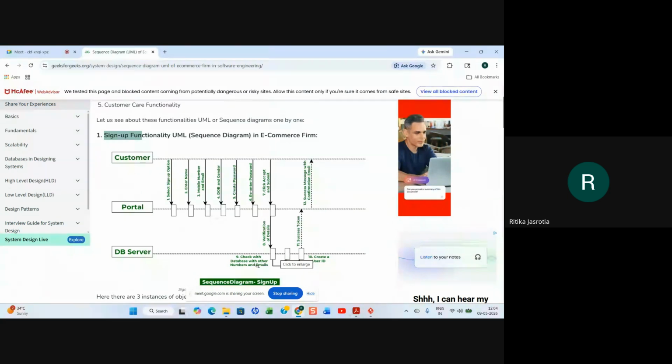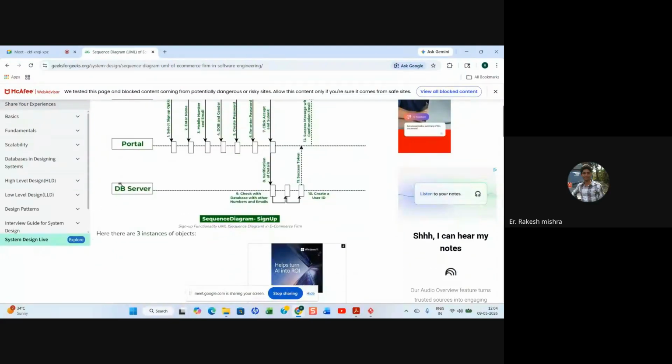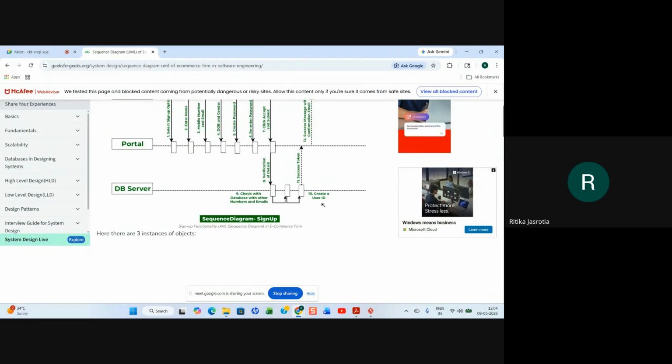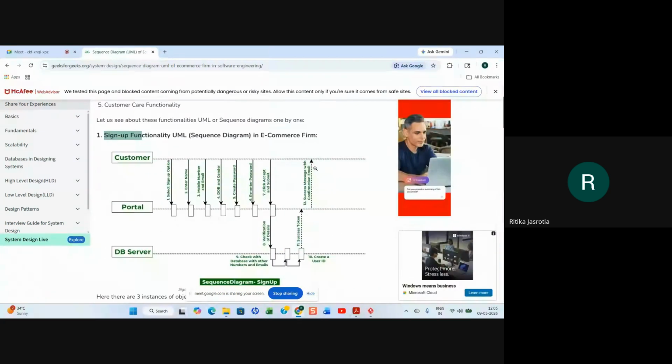It will check with the database for other numbers and emails, and then it will give the success token that it is not available, and a success message with the confirmation email is sent to the customer. From the database it is checking, and the user ID is created, and success is sent, an email is sent to them. So this is only for sign up they are talking about.